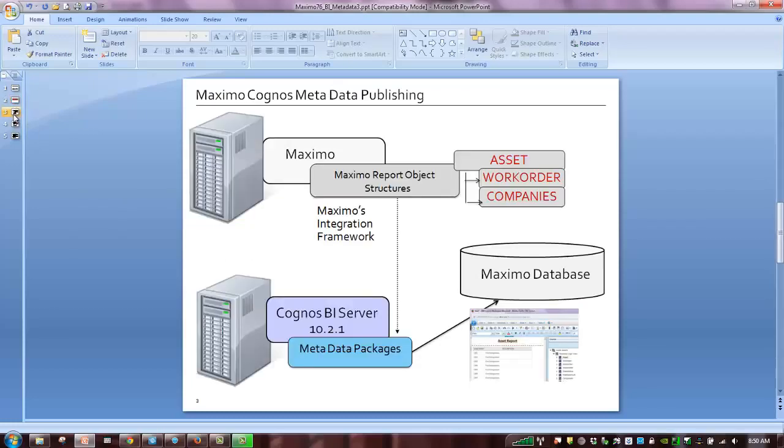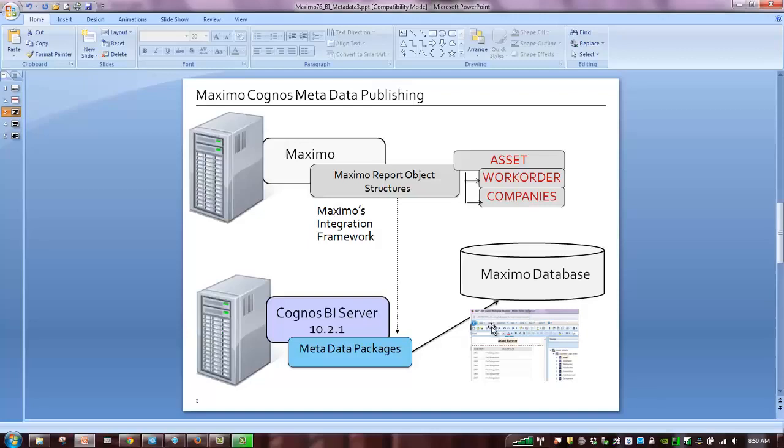So to recap our process, what we've done over here in Maximo is we've created a very simple report object structure, a parent asset with two child objects joined together via SQL or Max relationships. And now in this step, we're going to utilize the integration framework to bring this report object structure, transform and transpose it into the Cognos content store as a metadata package. And once that metadata package is available, your report developer or business user can utilize it with the preformed objects